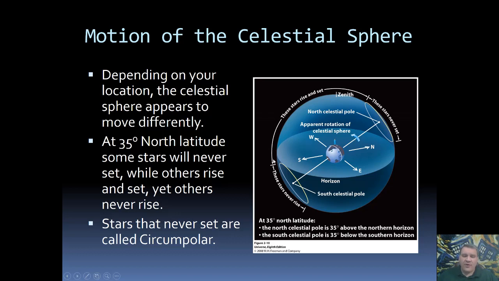There's going to be another region of sky where we have some stars that are going to rise and set. So these ones will start out below the horizon, they'll rise up, and then they will dip back below the horizon. Then there's another region of sky, in this case towards the north, where these stars, because of where the person is located, the Earth never gets in the way. These stars are always up. These stars are known as circumpolar because as you watch them, they will appear to actually circle around the pole. They'll actually make little circles around the North Celestial Pole.